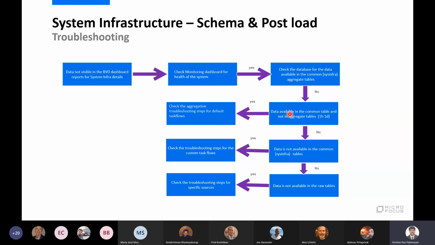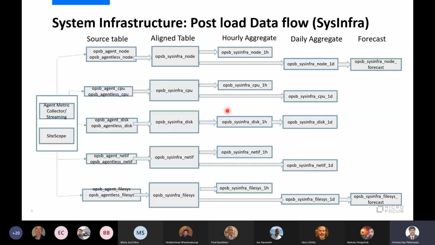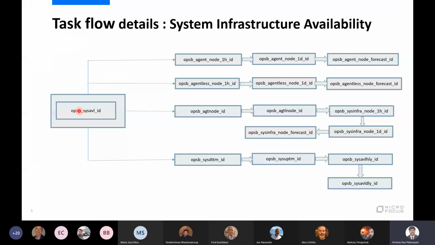But if you have data in aggregation tables but no data in your common tables, common tables in the sense, as I mentioned earlier, the flow, no data here, then go to the aligned tables or common tables. If no data here, then go to the source table. If no data here, then go to your collection configuration. So this is what I have mentioned here.